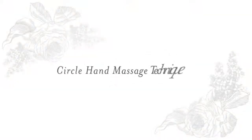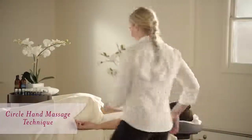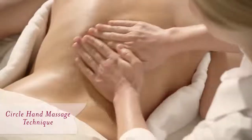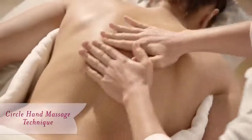Follow with the circle hand massage technique. To perform the circle hand massage technique, place the palms of the hands near the sacrum on the right side of the back. Circle the hands in a firm clockwise motion 3 times, then move 2 hand widths up and